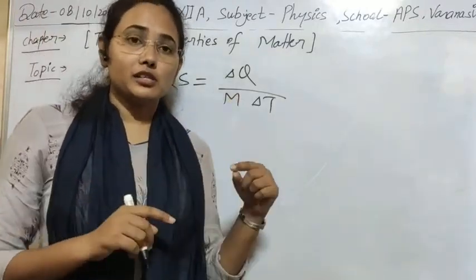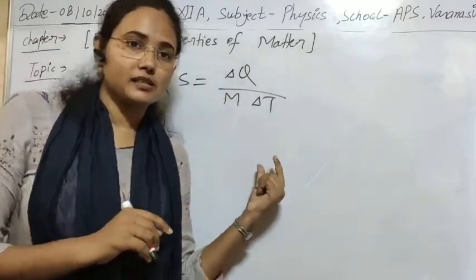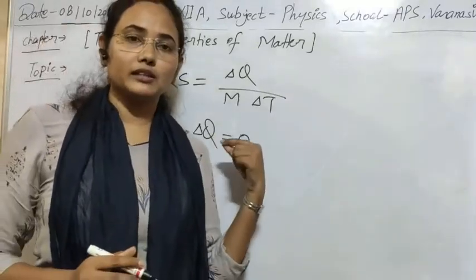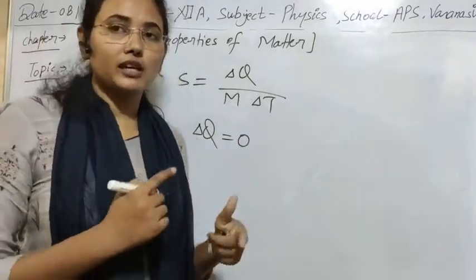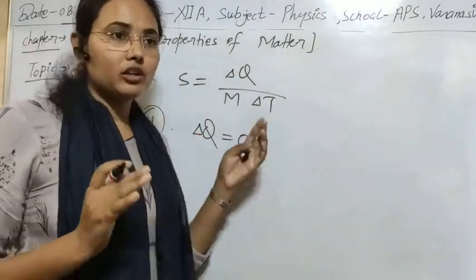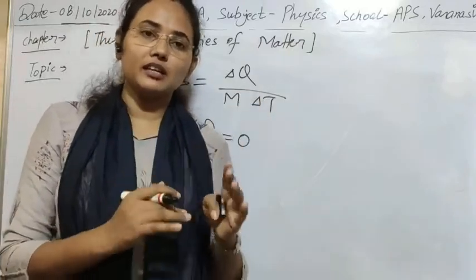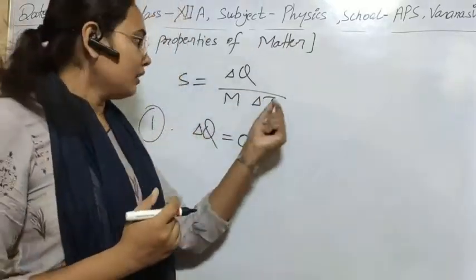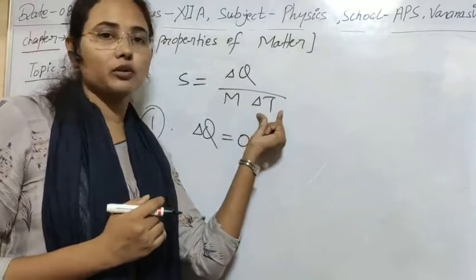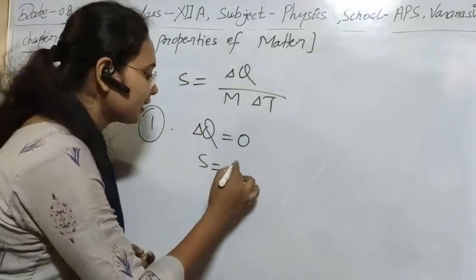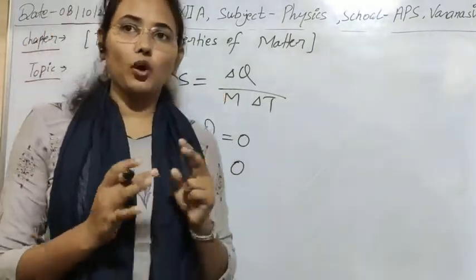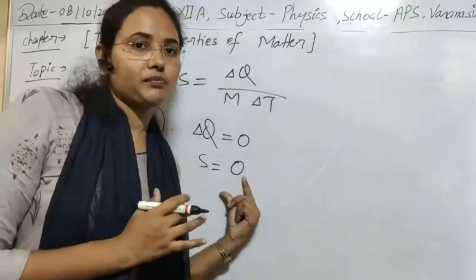It means an adiabatic process will take place, and in that case delta Q, the change in heat, will be 0, because there is no heat exchange with the surroundings. Only a rise in temperature takes place due to that compression, because if we compress the gas, due to the change in pressure there will be a change in temperature. If heat transfer does not take place with the surroundings, then this value is 0, but delta T will not be 0. So for that case, the molar heat capacity will be 0. So the first case is that if we are compressing the gas suddenly, then molar specific heat becomes 0.